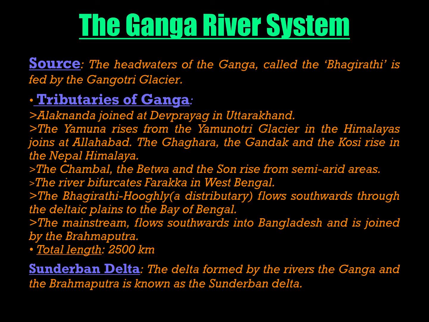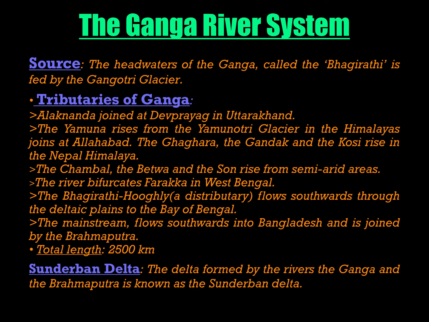The Chambal, Betwa and the Son rise from semi-arid areas, meaning the areas of Madhya Pradesh and Rajasthan. The river bifurcates at Farakka in West Bengal, meaning it bifurcates into distributaries at Farakka. The Bhagirathi Hooghly, a distributary of the two, flows southwards towards the deltaic plains of the Bay of Bengal. The main stream flows southward into Bangladesh and is joined by the